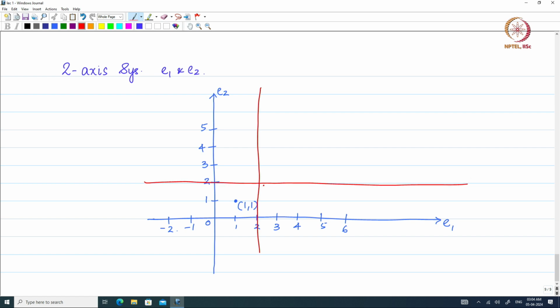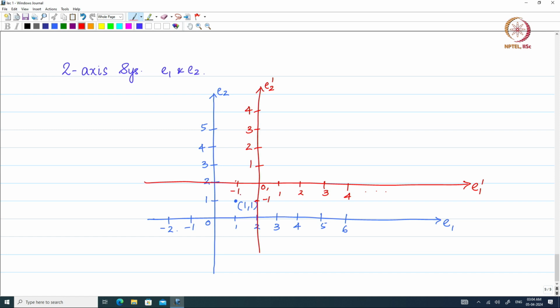2 comma 2. This is going to be my origin in this new coordinate system, which I am going to call E1 prime and E2 prime. So, this is going to be 0, 1, 2, 3, 4, etc. This is 1, that is 2, 3, 4, etc. Now, this is going to be minus 1, here it is going to be minus